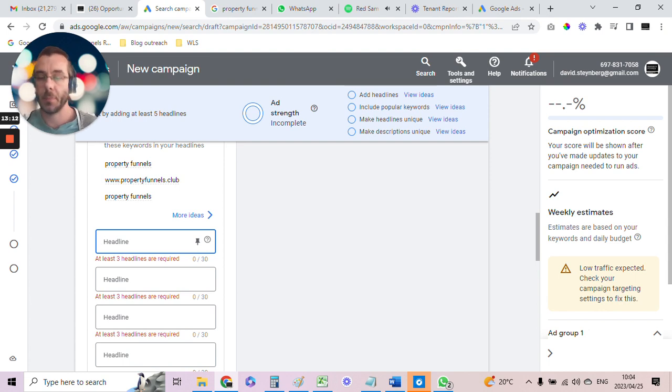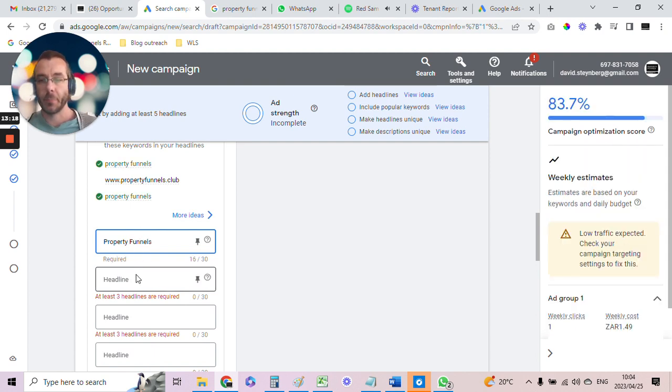So property funnels. And then your second headline can be something along the lines of time, or time value versus cost. So again, you can say,